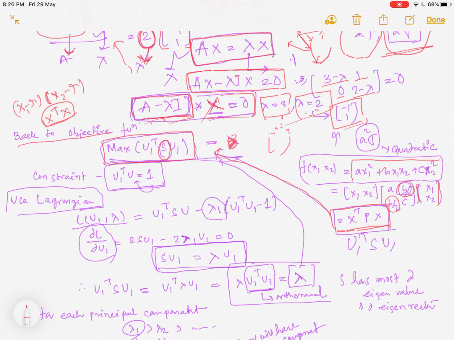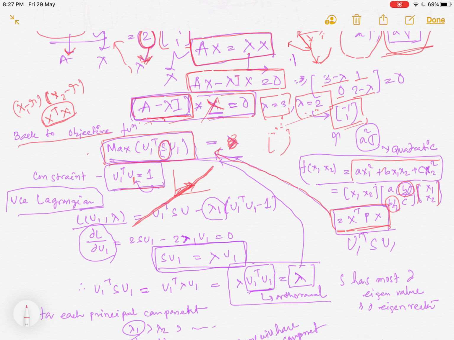In order to maximize this particular objective function, we need to set a constraint, because right now this doesn't have a maximum limit. So the best constraint is, we say that let the principal component vector size be 1, that is u1 transpose u1 be 1. We are saying that let it be a unit vector, and if we get any other values, we can just project it, we can span it over this particular line. So for now let's constrain it and say that it is a unit vector.